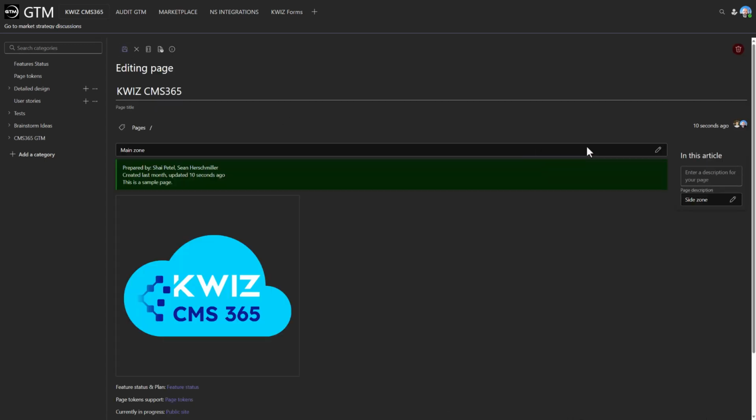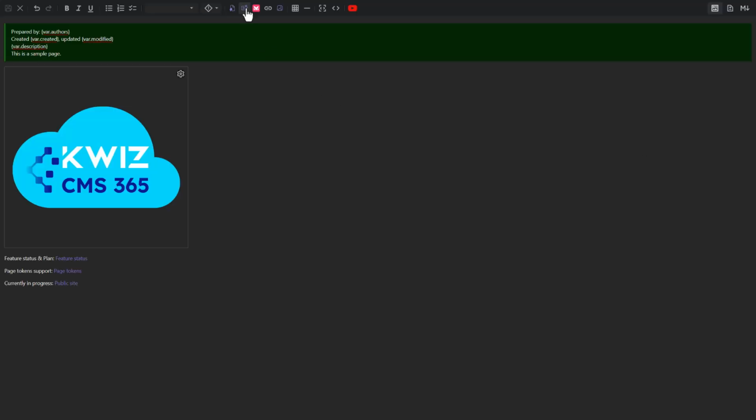Let's take a look at some page tokens. So going back into edit mode, we have a bunch of tokens that I can insert. So tokens that correspond with the page title, page description, creation dates, authors, table of contents, Teams discussion. When this feature is available, I can insert the Teams discussion, additional resources, which has links to subpages, for instance, that are associated with that parent page, and just common date. So if I want to use the current date, the current month, or the current day, I can insert these